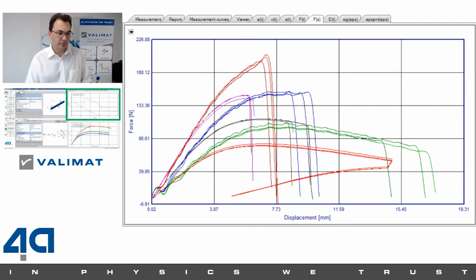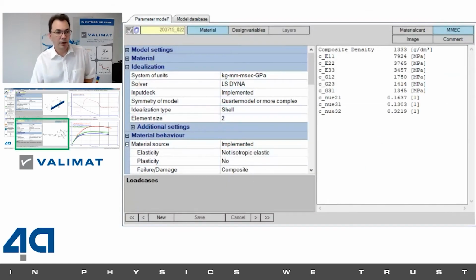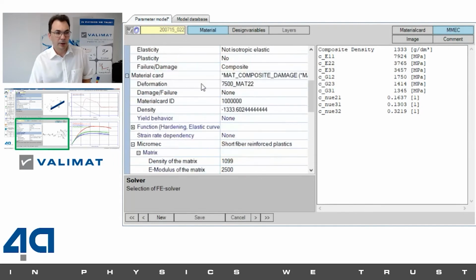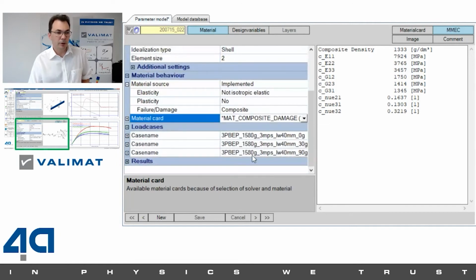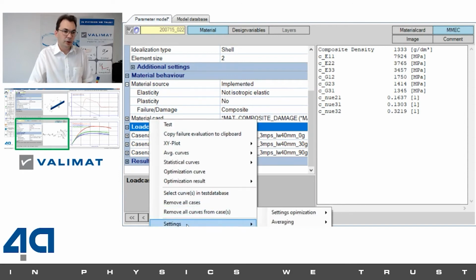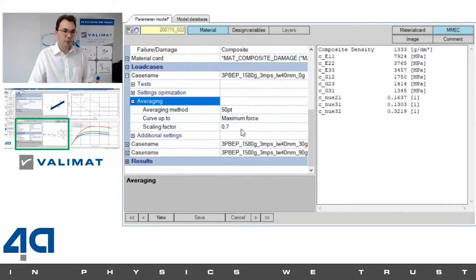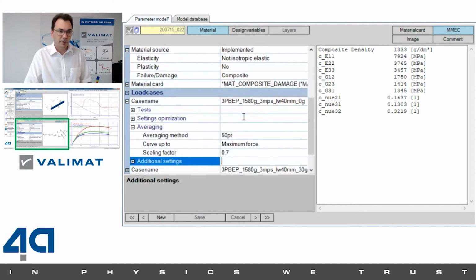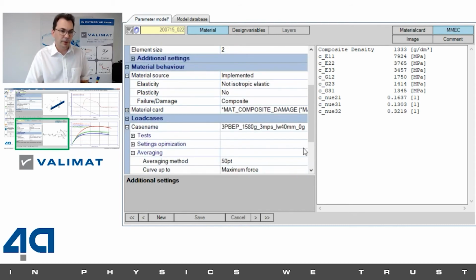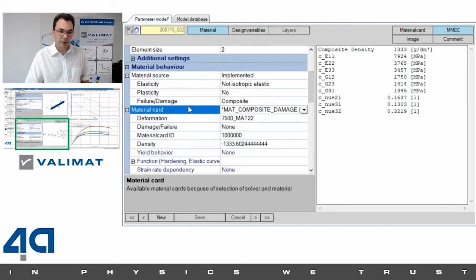So we're switching now to this model. I was showing you this before. We have now included this test for different directions. I'm just interested in the Young's modulus. This is always the first step. So therefore, I do an optimization. I do the settings for the averaging here to 70% of the maximum force of this test curve. So I can set this up, and if I now go to the composite setup,